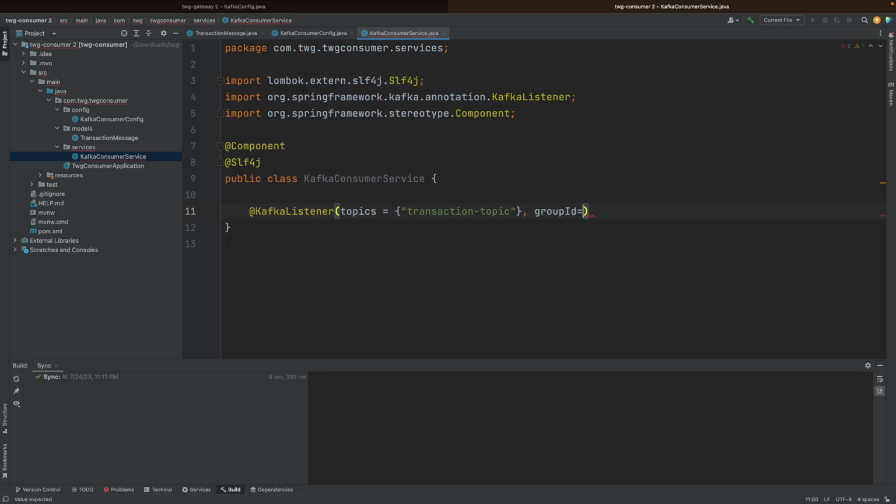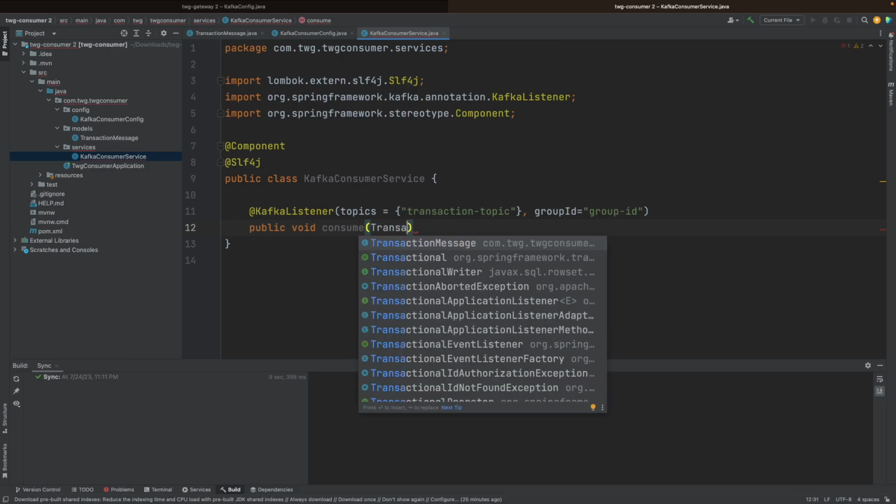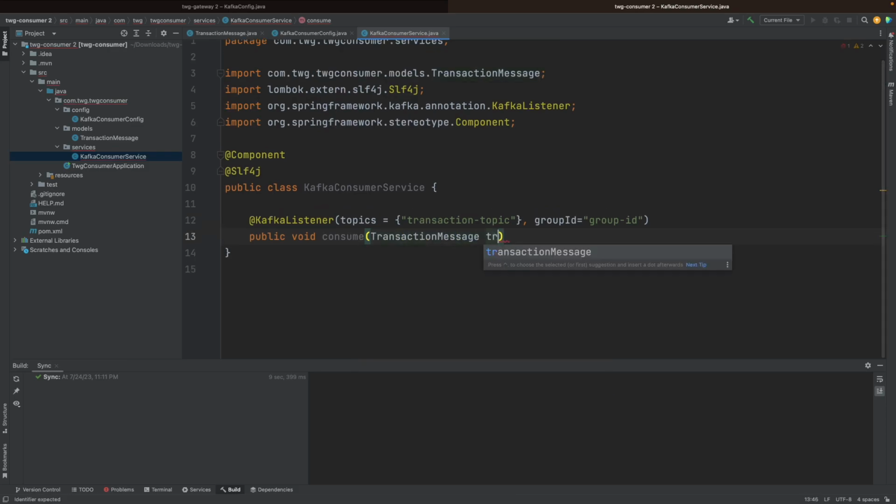Set that equal to. So the group ID will be group ID. Cool. And now we can set up the function. So it's going to be public void, because I don't want to return anything. I'm going to call it consume. Could call it Pac-Man, but I'm not going to do that. Be professional here. Transaction message will be the type that we're going to consume, and I'm going to call that